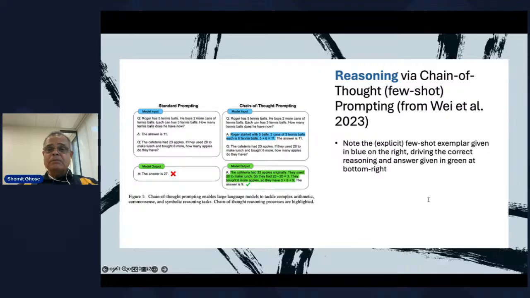So if you look at the example on the left, look at the text that's highlighted in blue in the column on the right-hand side. This is an exemplar that's been given to the LLM. And these exemplars help the LLM understand how to perform certain tasks by giving them examples of similar tasks. So how can an agentic AI do the right thing in its chain of thought reasoning? We give it examples to help it understand using this few-shot prompting approach.